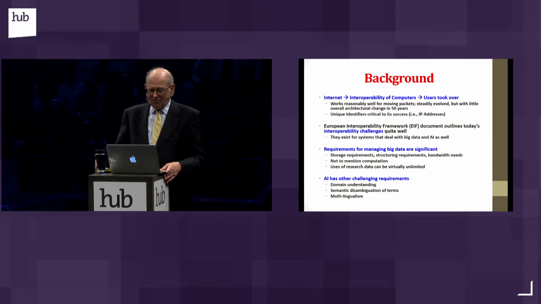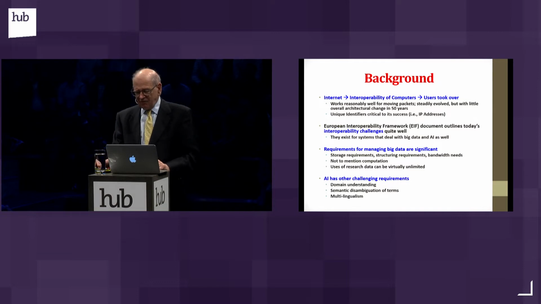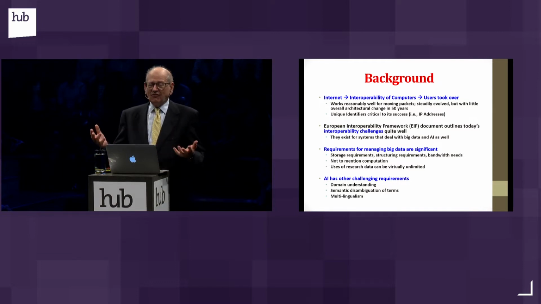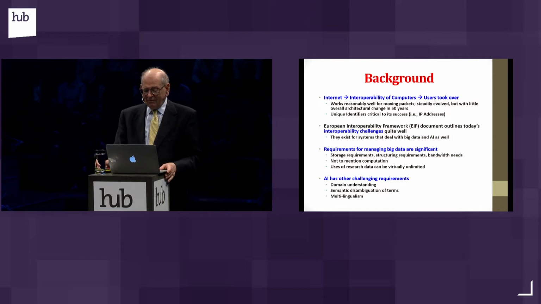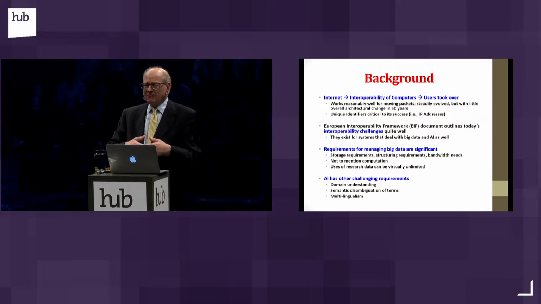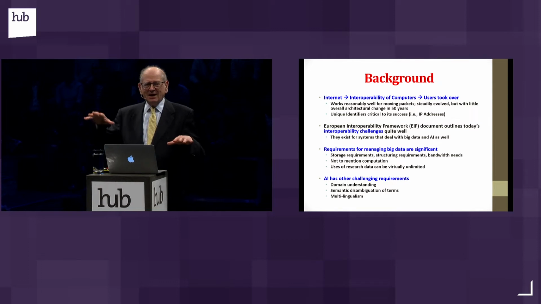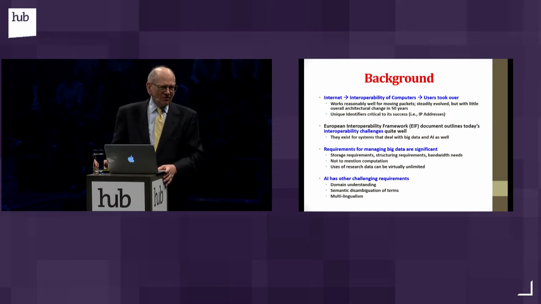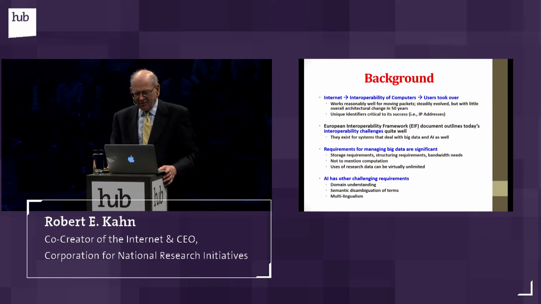I was reading the European Interoperability Framework document that many of you may have seen, which outlines the challenges for interoperability today quite well. And these are systems that will not only handle big data and have AI capabilities, but virtually everything you can imagine that's informational. And so the real challenge today, as I see it, is how do you get different kinds of information systems to become interoperable when they're built by different parties to different kinds of standards? What are the primitives that make that all work? And that's where the digital objects come in. So I'm going to tell you a little bit about what they are and where the current state of affairs is for dealing with that.